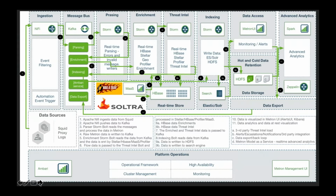But at the same time, also write all of that historical data to the Hadoop file system, where we can create policies to store that data, either hot data on SSDs. Maybe you move some of that after some period of time to a slower spinning disk for warm storage, and then ultimately maybe set policies for 6 to 12 to 18 to whatever plus your retention period is. You can move that off to cold storage as well,